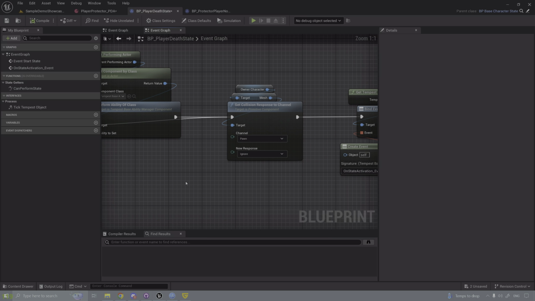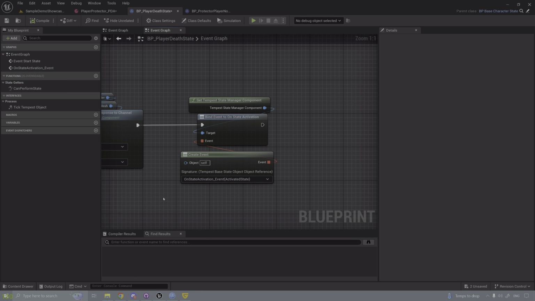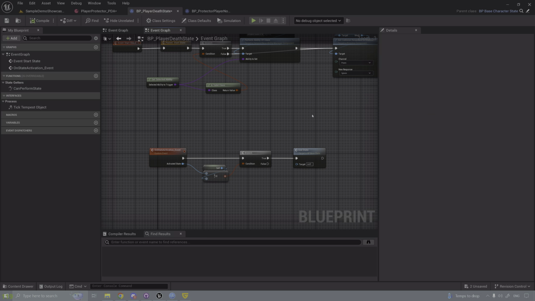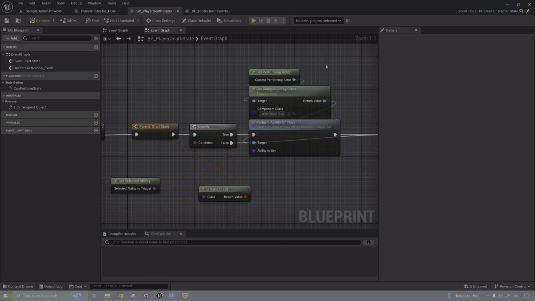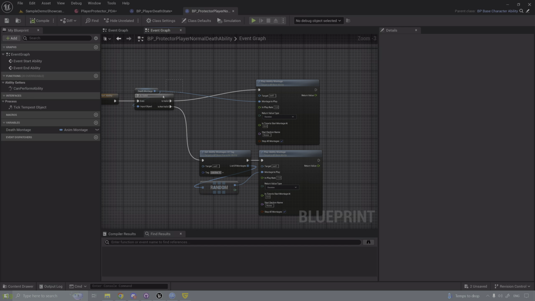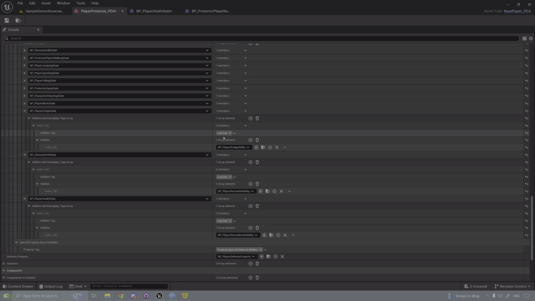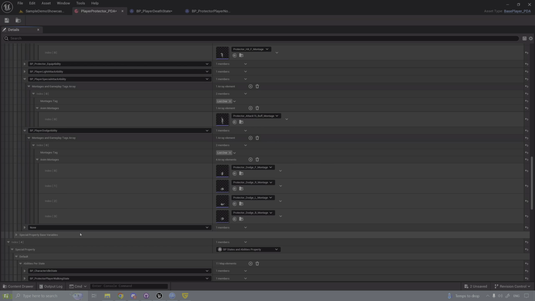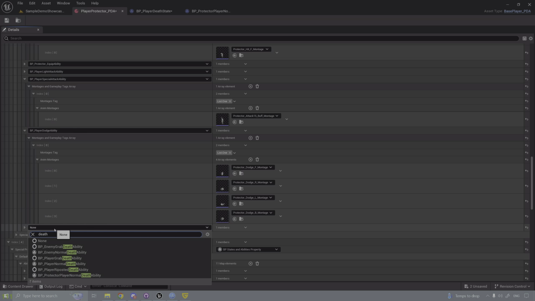Once this begins, my pawn will ignore collision, and you can ignore this part, no problem. So know that this is going to run, and when this runs, this is gonna be invalid, and from there I'm gonna pick a montage that plays from the data asset. So let's assign a montage to the data asset. Death from protector,